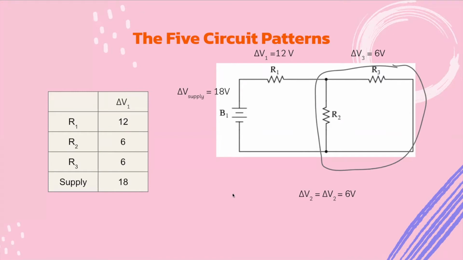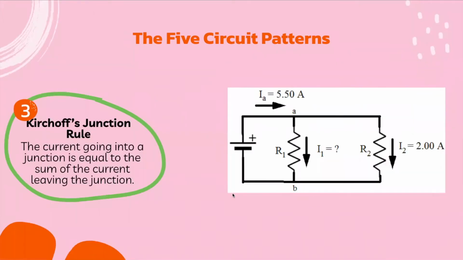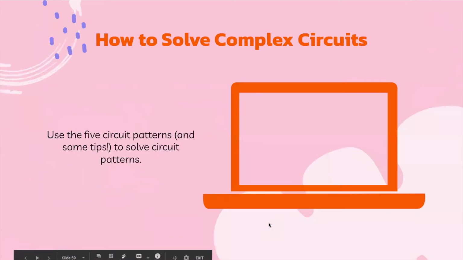Which brings us to the last pattern, the perennial favorite, Kirchhoff's junction rule. And this should say that this is the 5th pattern. The last pattern is Kirchhoff's junction rule. This means that all the electricity that flows into junction A splits up. If 5.5 amps goes into junction A